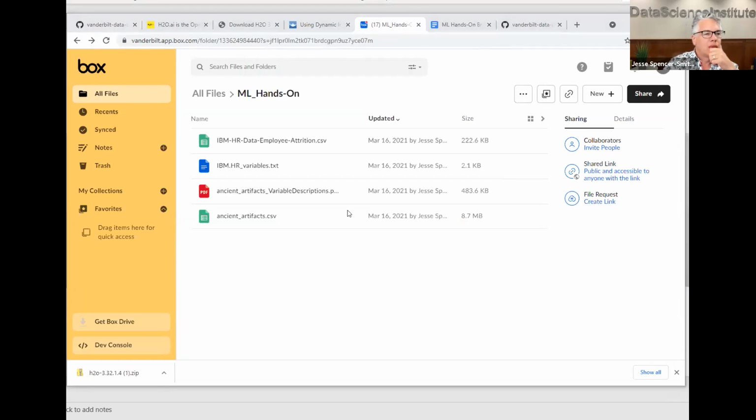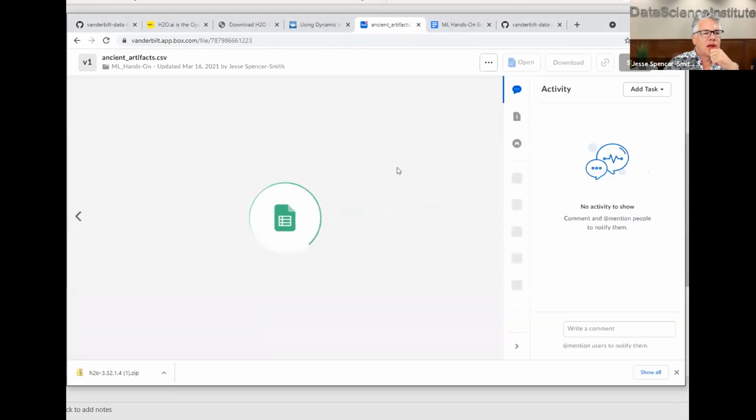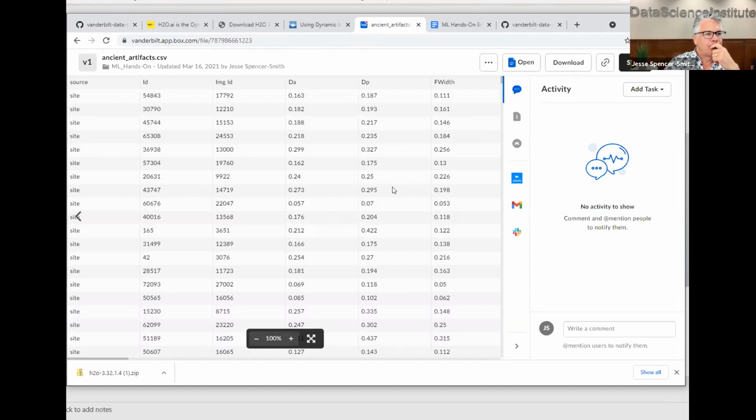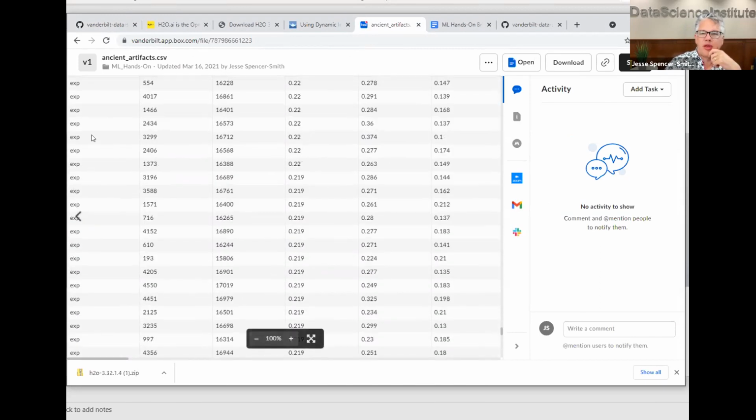You can click on it. Go and click on ancient artifacts. You can actually look at it in here. So here, the data is from a site, so this is actually one of the sites that I showed you. It says site. And if it's lithic microdebitage, it's called experiment, EXP. This means it was experimentally derived.